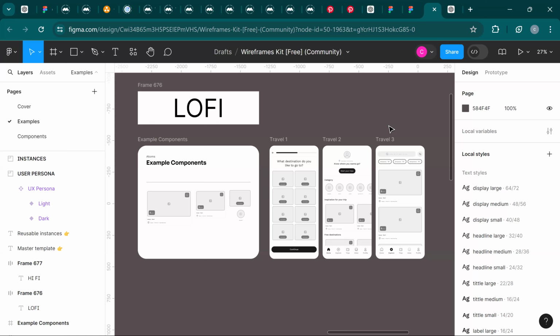It helps visualize the user flow and interactions. Later, when we come to Figma properly, I'm going to show you the prototypes and how they actually work. But to just give you a head start,